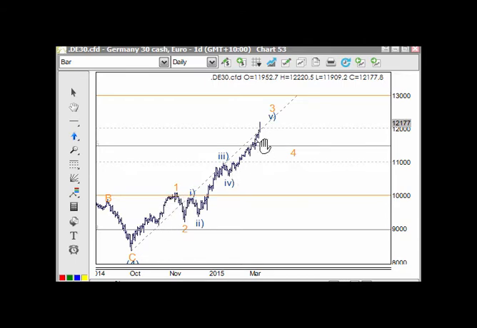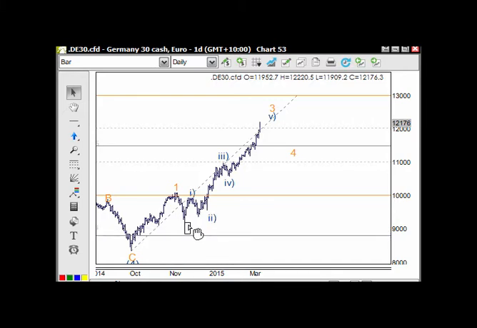And we are in the fifth wave, and we're getting an extension in the fifth wave. It's normally in the third wave, and I am tempted to change the count somewhat, but I don't have enough evidence to do that yet. But it'd probably look better if I put this